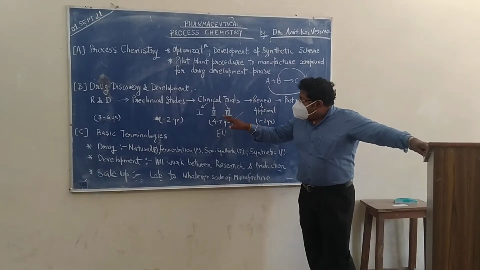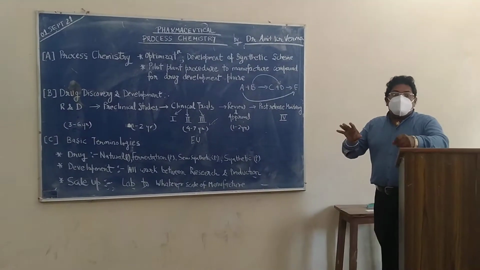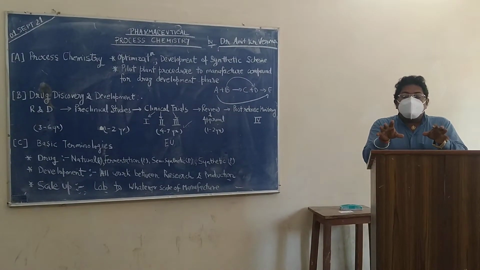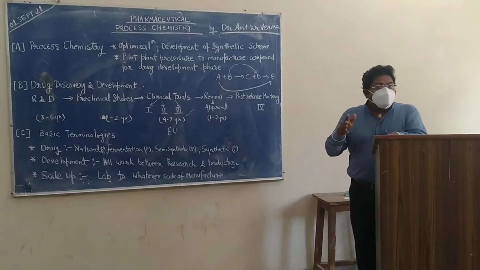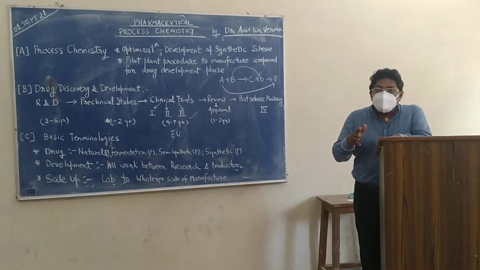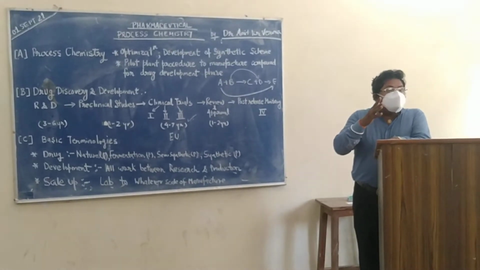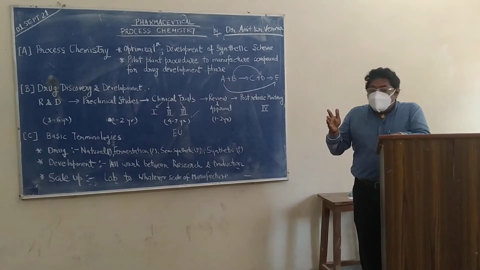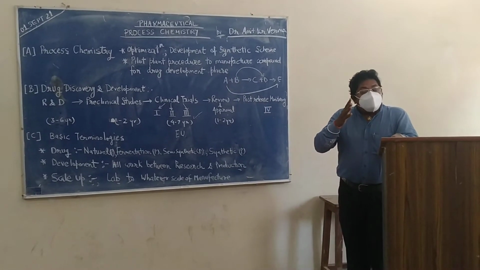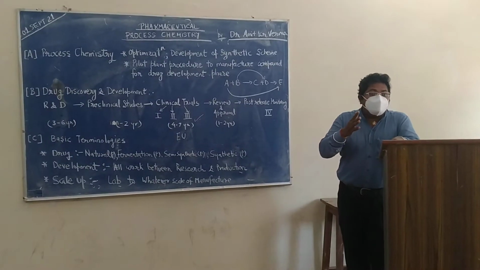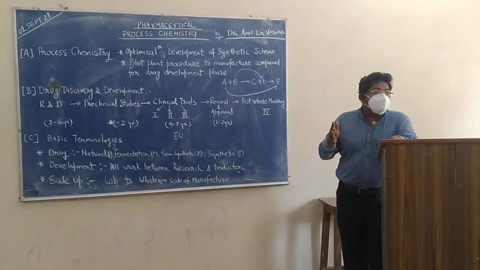So what is the difference between clinical trial phases 1, 2, and 3? Coming to the number of volunteers, clinical trials mean that we are evaluating our drugs on humans. In clinical trial phase 1, the number of participants or volunteers is around 200. In clinical phase 2, the number of participants is from 100 to 300 to 500. And in clinical trial phase 3, we have up to 1000, that is 1000 to many.